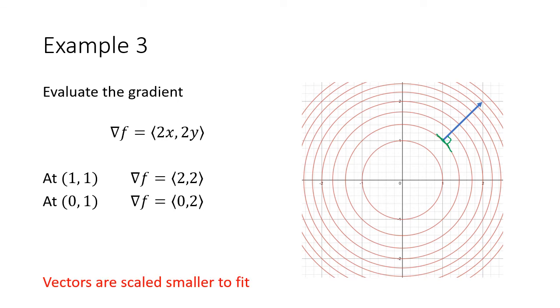Now, note my vectors are scaled a bit smaller to fit here. If that actual vector was 2, 2, it would be twice as big. But to make sure everything fits on this picture, there we go. And when we do the next one, my ordered pair 0, 1, plug in a 0 for the x, it gives me 0, plug in a 1 for the y, that gives me 2. And if I go to that ordered pair 0, 1 and try to graph my vector 0, 2, it's going to be straight up and down. And again, you're getting a right angle to the level curve